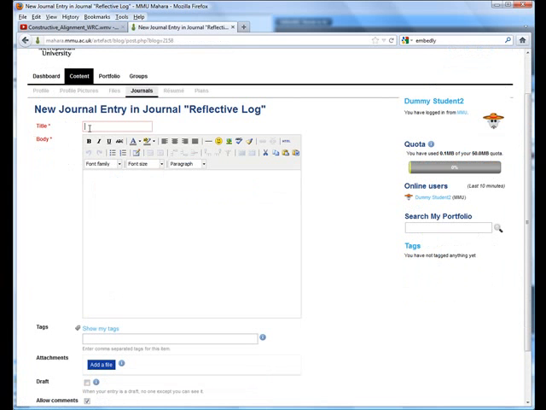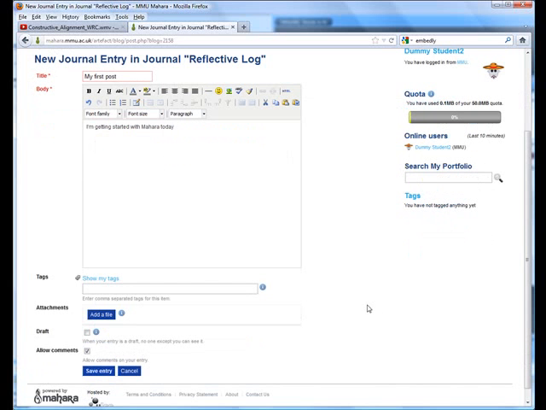So we'll just call this my first post. We can add a little entry that says I'm getting started with Mahara today,